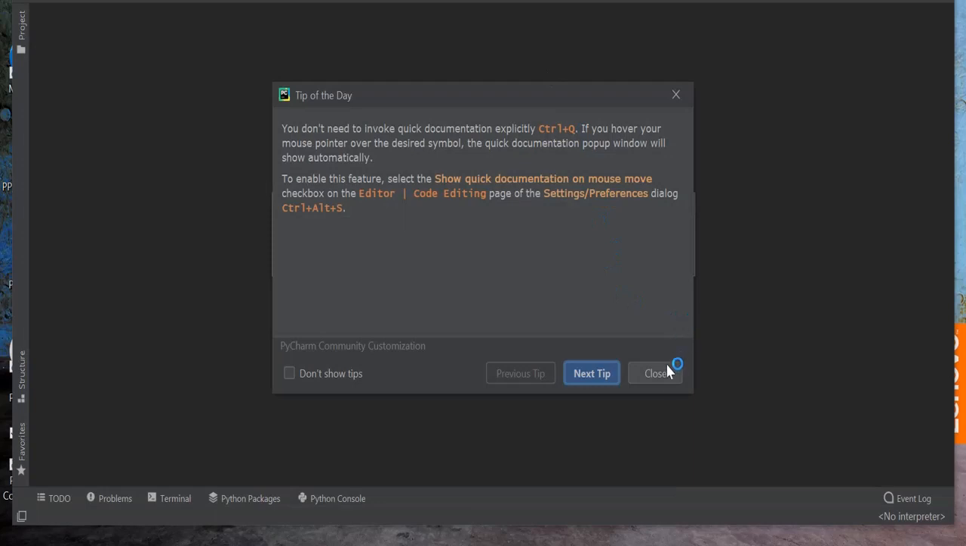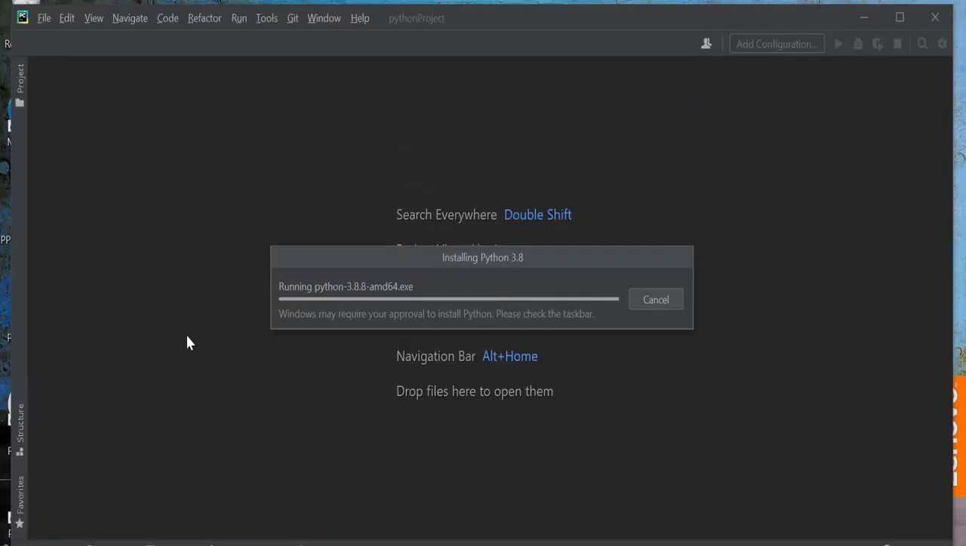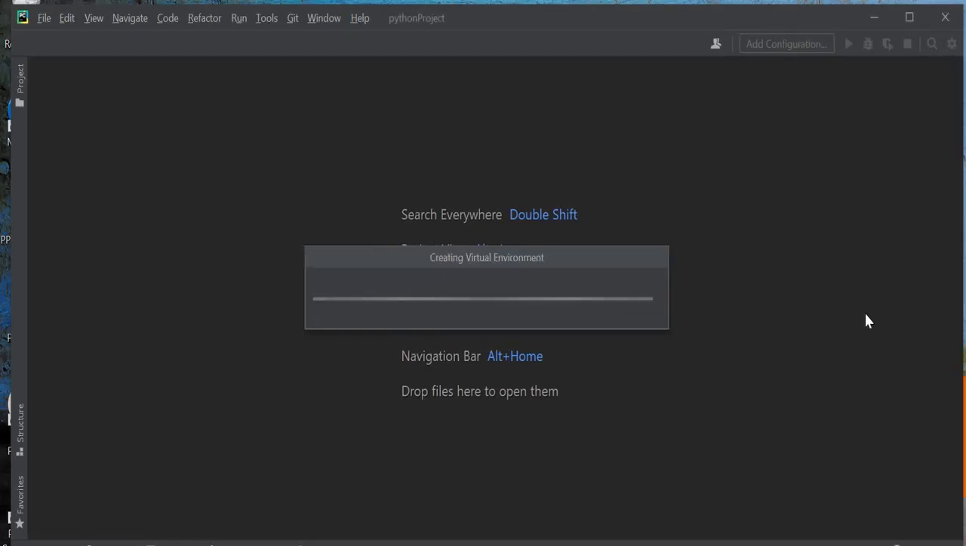So it's giving the tip of the day. Okay, I'm just closing this. So when you're running your application for the first time, actually it takes quite some time. So it's asking me for my approval actually. So I'm saying yes. You can see that it's creating a virtual environment. Okay, so for creating a virtual environment, actually it requires